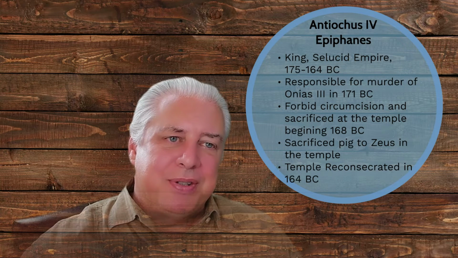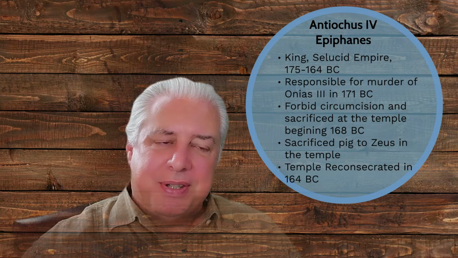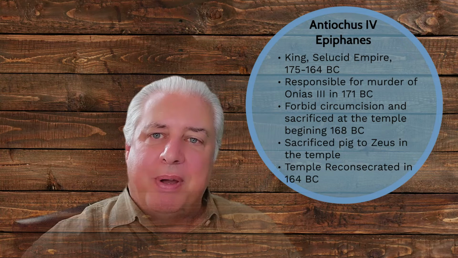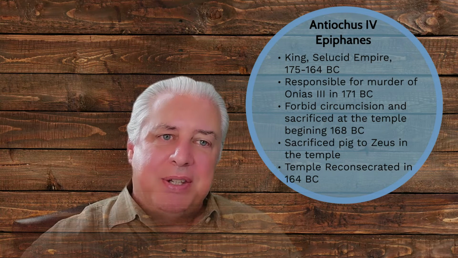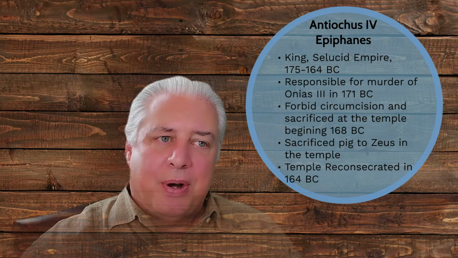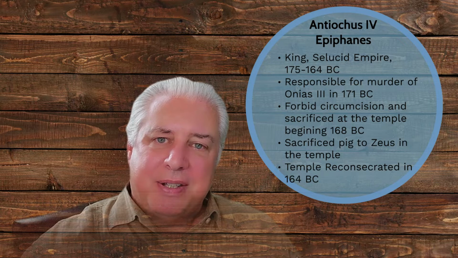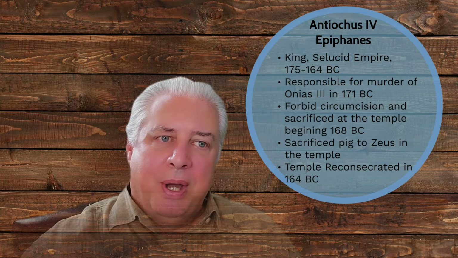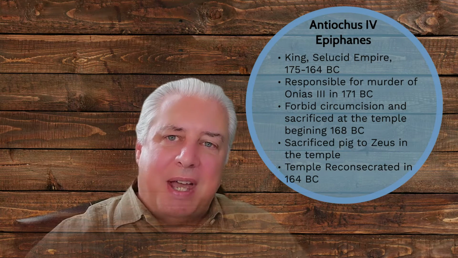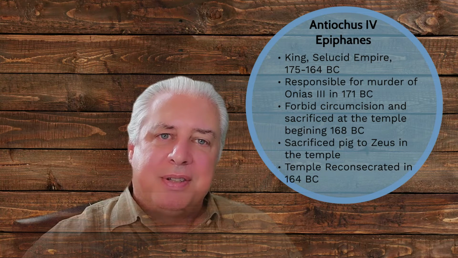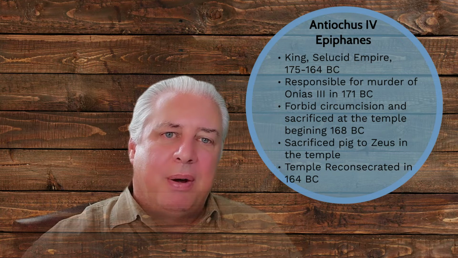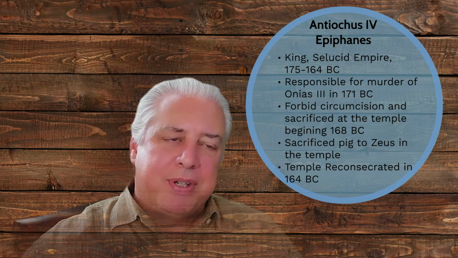And what about this reference to taking his stand against the Prince of Princes? Again, the NIV assumes that's a reference to Christ, and it may be on one level, but it's also interesting that Antiochus is responsible for the death of the high priest during his time, Onias III. In 171 BC, Antiochus is no doubt behind his murder. So there are many of these details which seem to indicate that this does point to the historic figure of Antiochus IV.